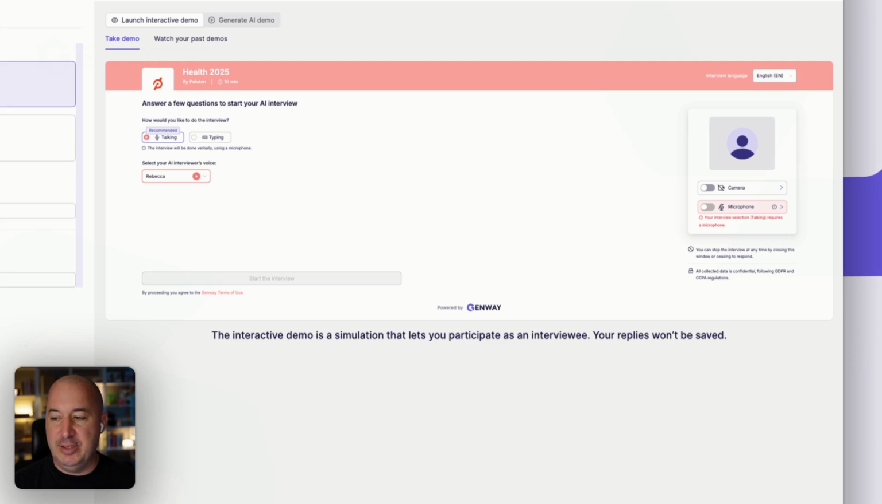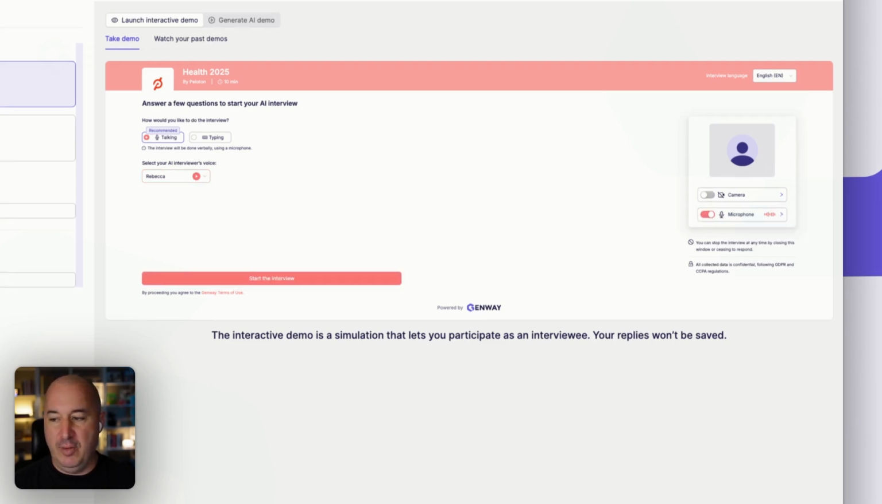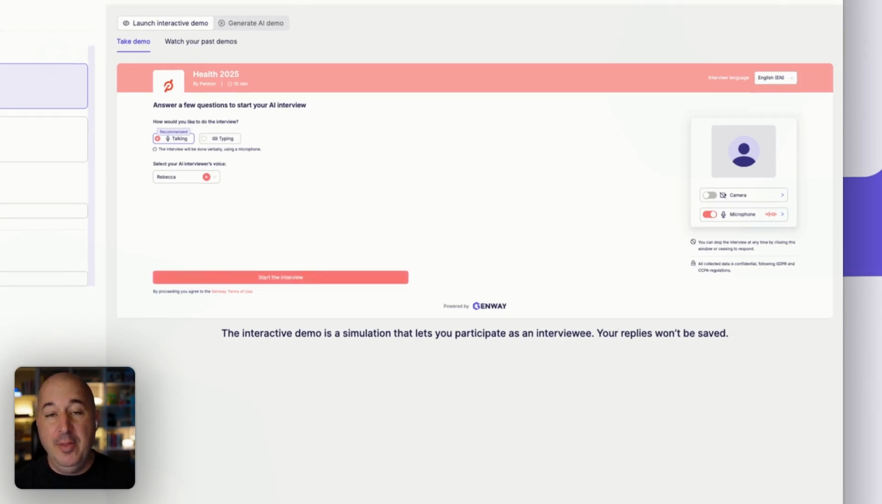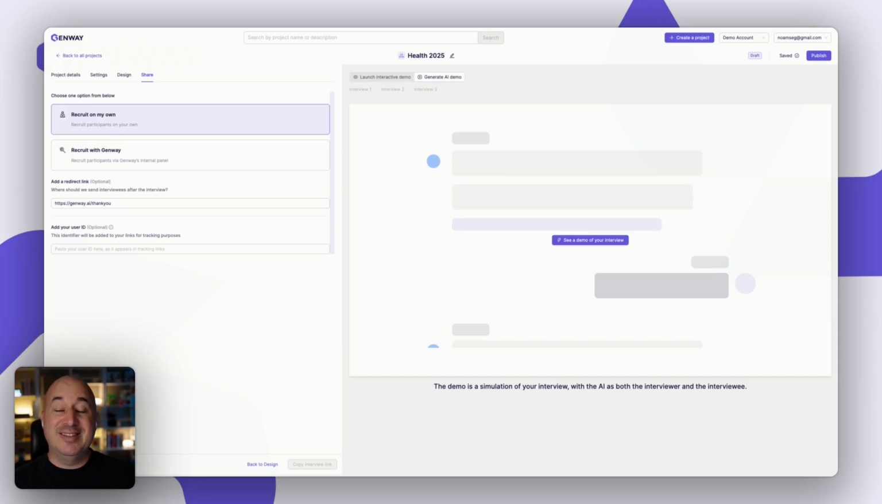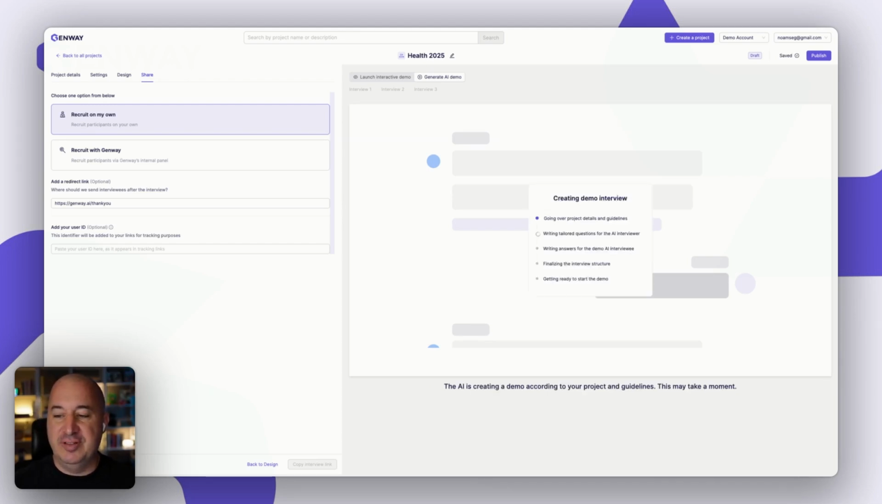You can activate your camera and your microphone and allow that. And once you do all of that, you can start your interview and take the interview as if you were a participant. The other way you can test out your project is to generate an AI demo. What this does is it generates synthetic data, 3 interviews of an AI interviewing another AI. If you click on see demo of your interview, the system will go over all of the project details and